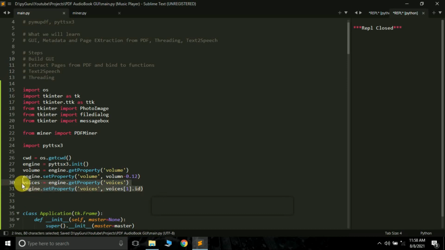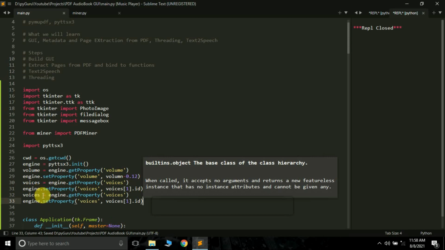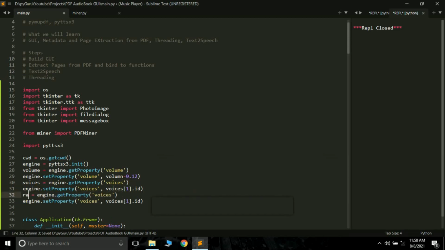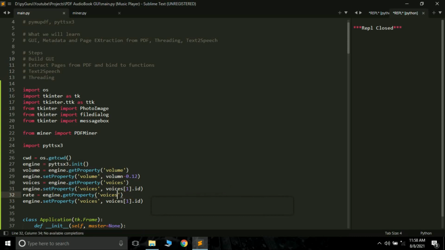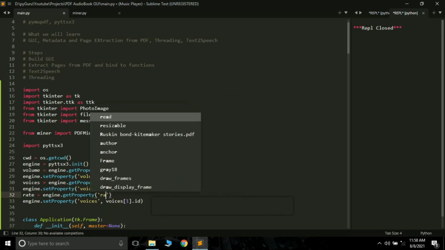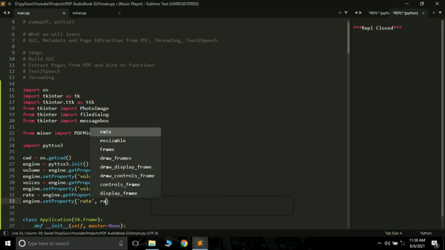You can also set the rate at which the speaker speaks the content. So let's just set the rate, engine.getProperty instead of voices. Now we want the rate. Rate is the number of words spoken per minute. Okay, so we can also set the rate here. So whatever the rate is, we are just going to subtract 30 from it.